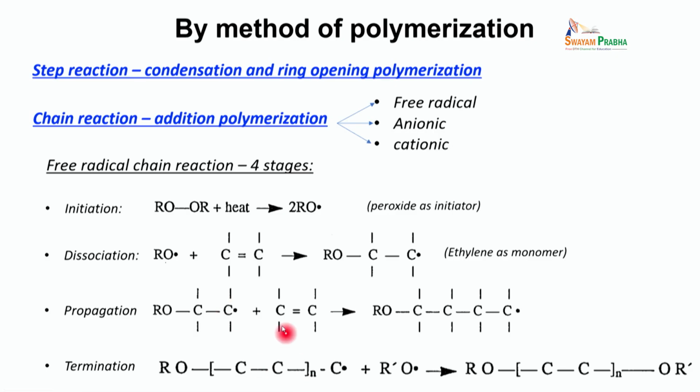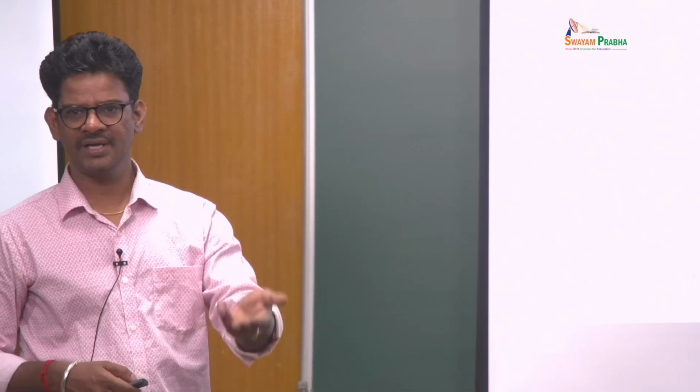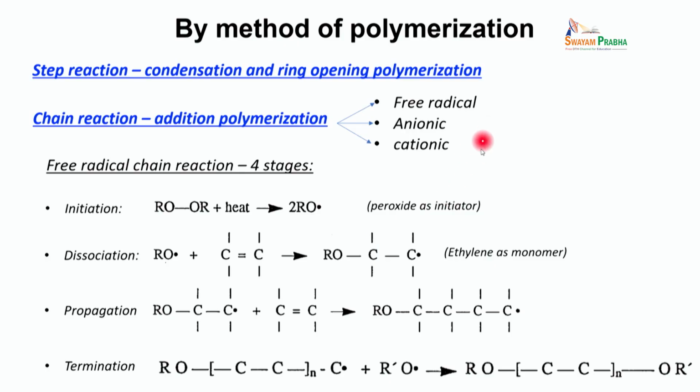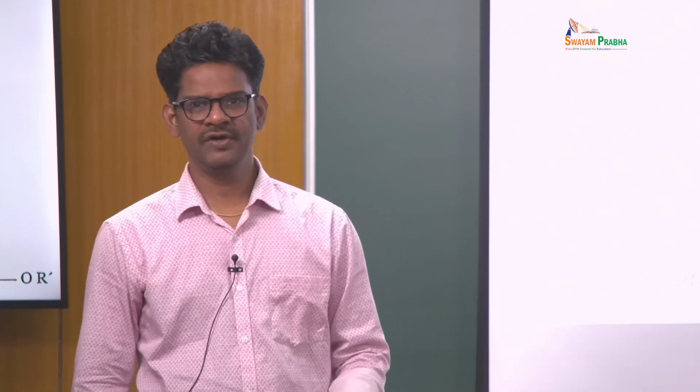Even though the first monomer is opened up by the free radical, further subsequent free radical reactions can be initiated by the newly created monomer free radical. So you can see that this free radical is attacking another monomer, and then you have this kind of chain growth. This is called propagation or chain growth, and this is also the reason why we call it a chain reaction, because